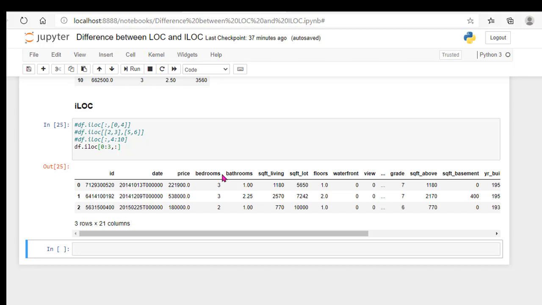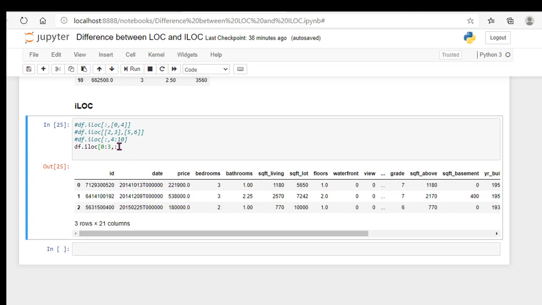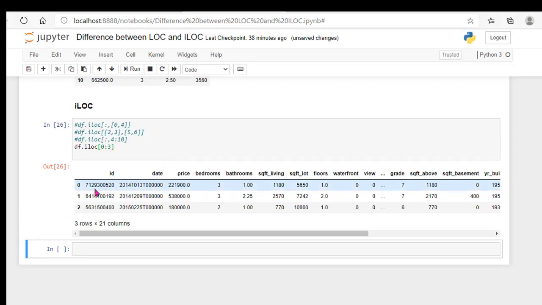When you are using loc, the label will be selected and the elements on both sides are inclusive. And when you are using the iloc method, the last index position element will be exclusive. We can also write this in a shortcut form, that is we can omit this colon, and we'll get the same output. But here I don't recommend the shortcut methods, it is preferable to write the fundamentals. You should not forget the fundamentals.